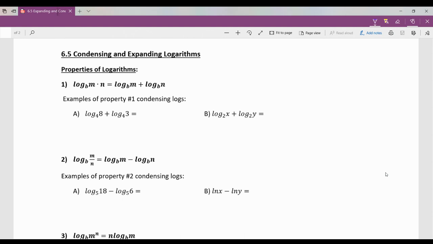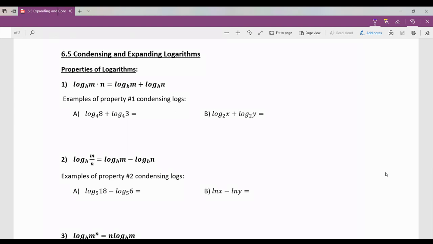Guys, so today we're going to talk about the properties of logarithms. There are a couple of foundational properties of logarithms that we can use. I want to go through them with you so that we get a better foundation, so that when we move on to solving logarithmic equations, we have this set foundational knowledge. All right, so property number 1 says if I have